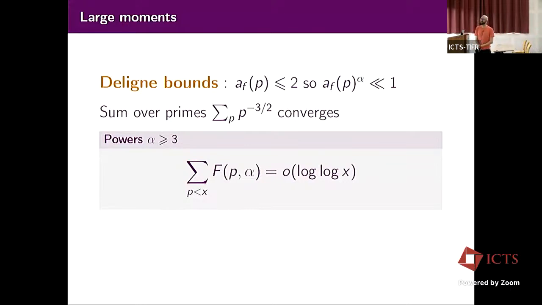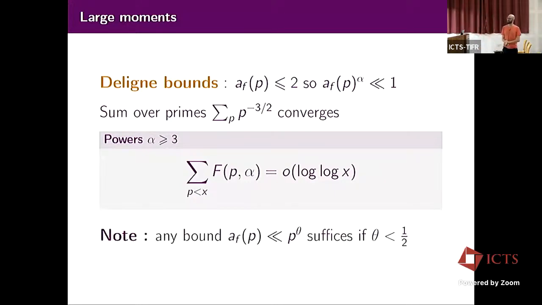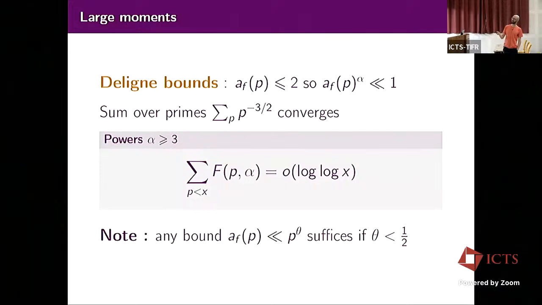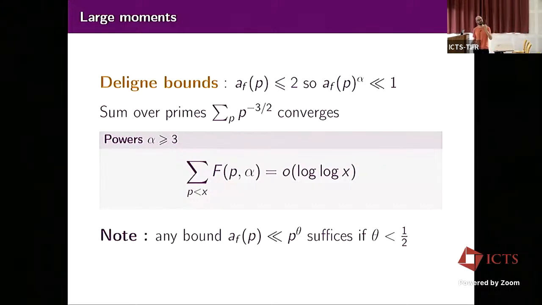Okay. Easy, no need to spend more time on that, but note that that works so long as you have a bound here towards Ramanujan with theta less than 1/2. So we know that for GL_N, but we don't know functoriality for all L-functions. And typically that's something I had in mind, kind of dealing with that too.